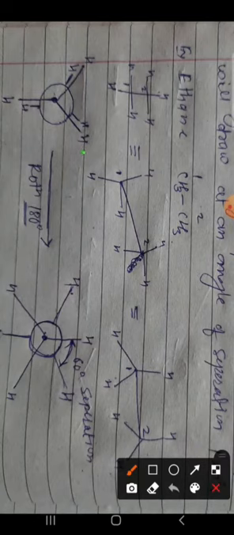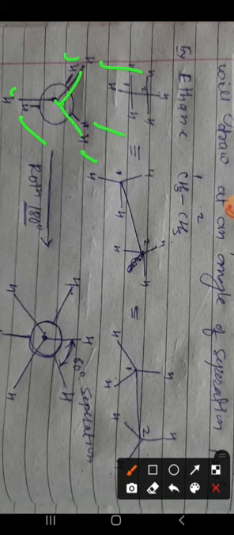Okay, this is a hydrogen of the front carbon, this is a hydrogen of the rear carbon. This is the hydrogen of the front carbon, this is rear, this is front and this is rear. They are both attached, with three groups for the front carbon and three groups for the rear carbon. Like this is the Newman's model of ethane.